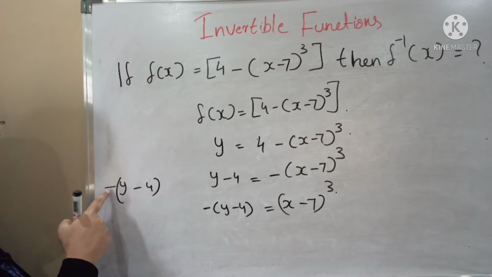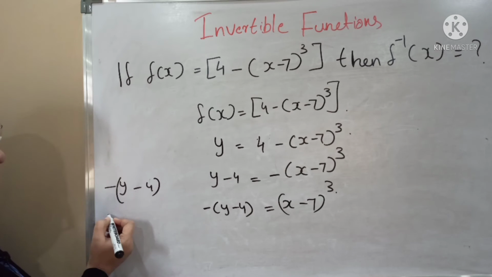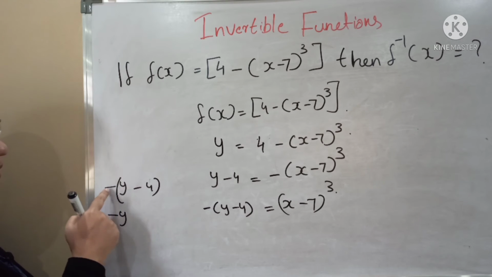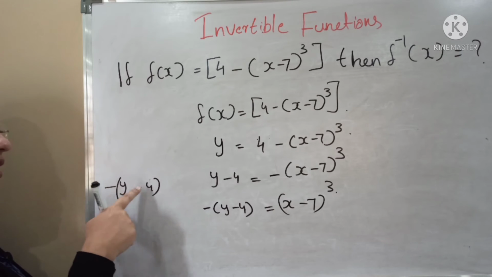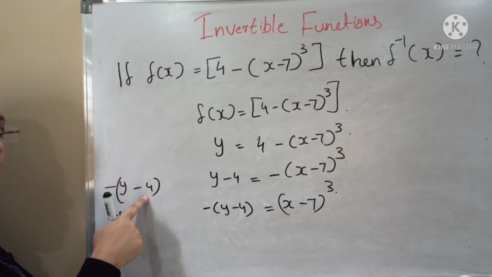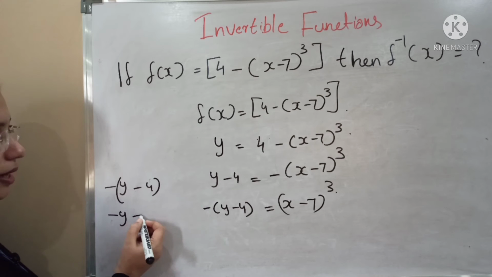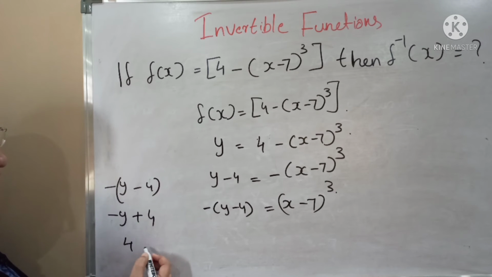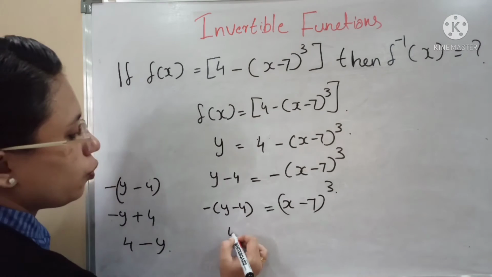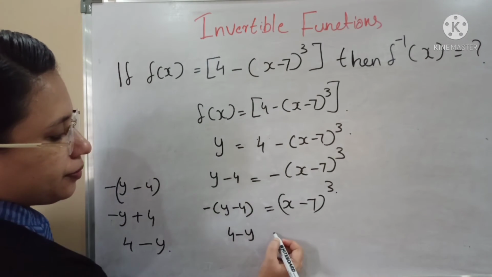So minus will be multiplied inside. So minus times y is minus y. Minus times minus 4 is what? As we already discussed, minus times minus will be plus 4. Okay, so we can just arrange it like 4 minus y. So it will be 4 minus y. Now